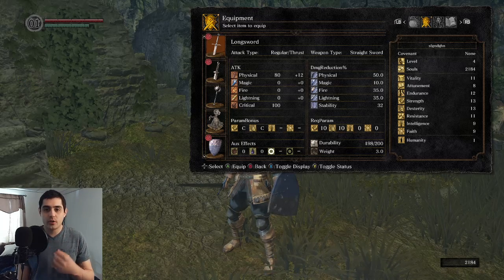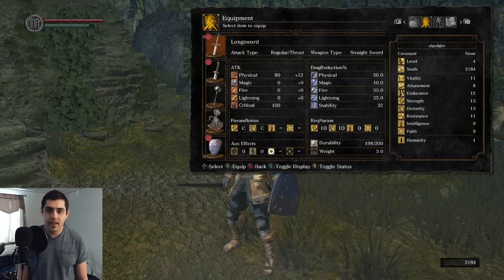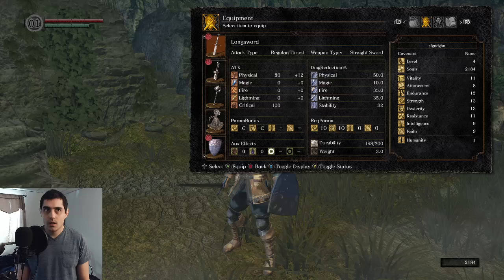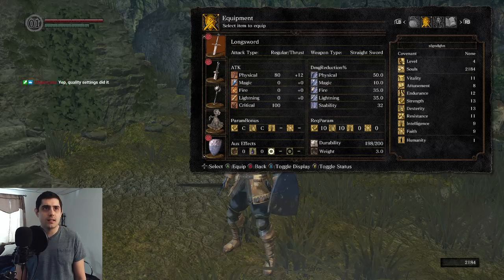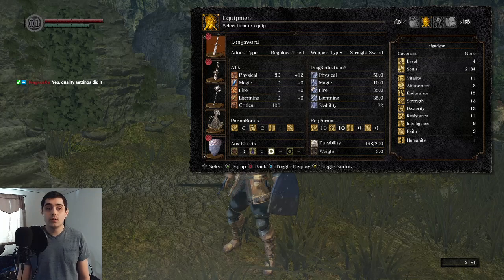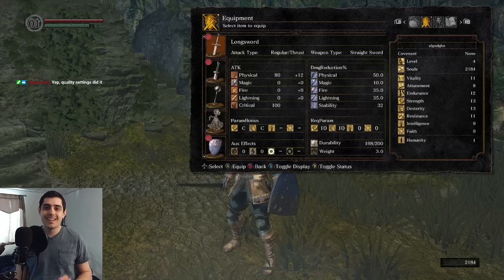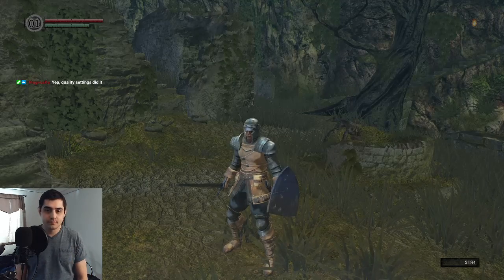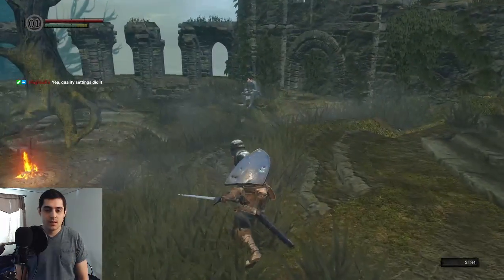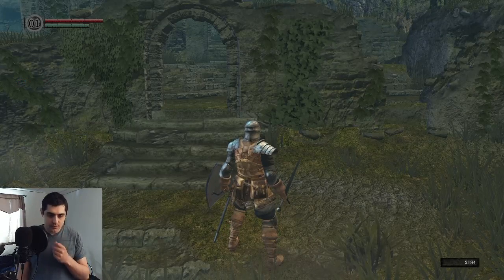So right now we're on the critical damage. Some weapons have higher critical damage. 110 and 130 are common. I think 150 is the highest critical damage, and I think that's from the Hunter's Knife. So a critical attack is when you parry and riposte. So if you parry and then R1, you will...